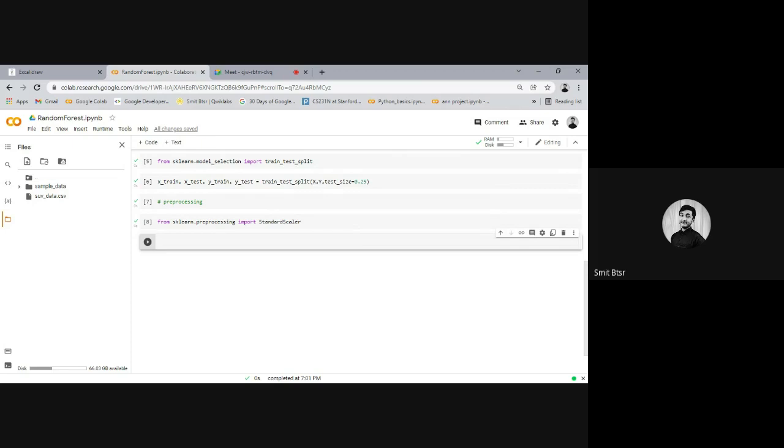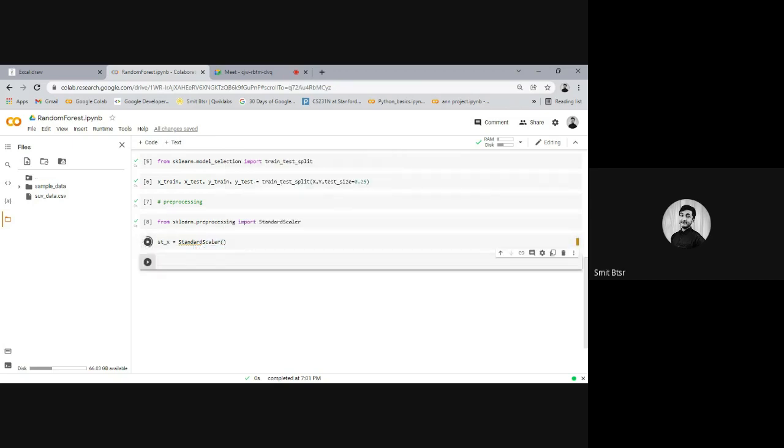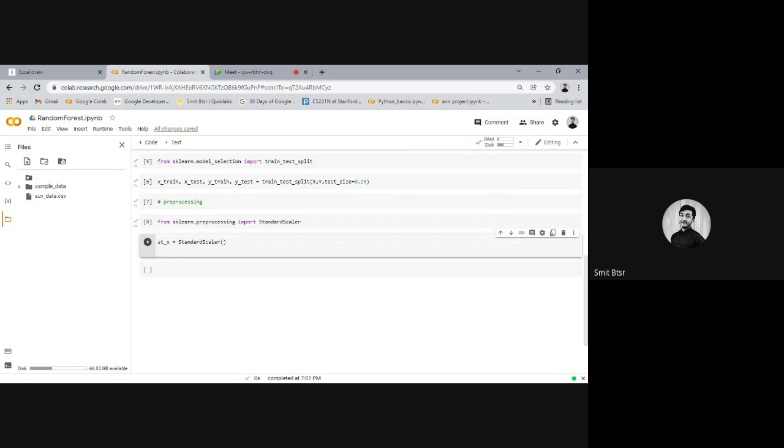Let me write this first. What we are doing here is we want to use this StandardScaler, so we are creating an instance. I think you don't need to worry about it. Even if you don't do this now, it works fine, and sometimes it might create problems, but it's better to learn this and use these things.